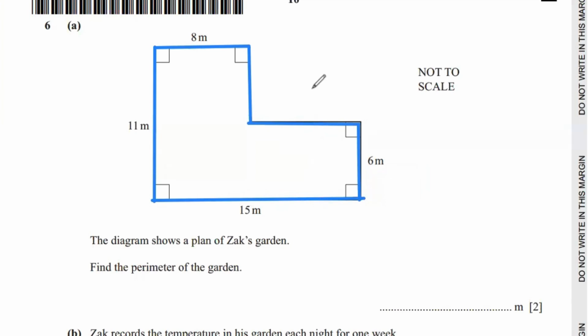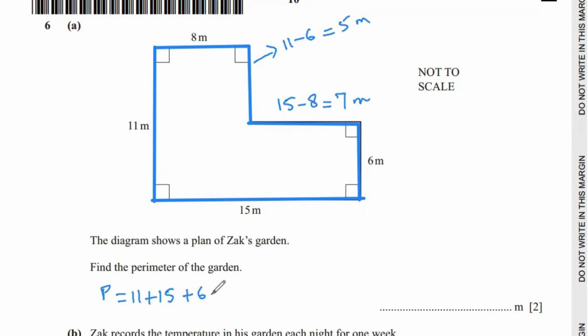Keeping that in mind, we need to find the missing lengths. If this length is 8 and the entire side is 15, this one is 15 minus 8, which equals 7. Then if this is 11 and this is 6, this is 11 minus 6, which is 5. So the perimeter is going to be the sum of 11, 15, 6, 7, 5, and 8, which equals